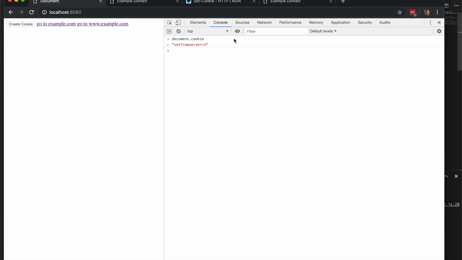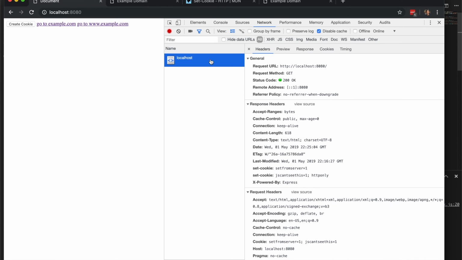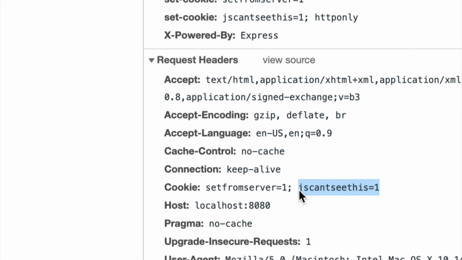But guess what? If you do refresh or you make a request, we are sending this puppy with every request. So we're sending it, but you cannot access it from JavaScript. So this is cool for things like tokens, session IDs, things that you don't want people sniffing,